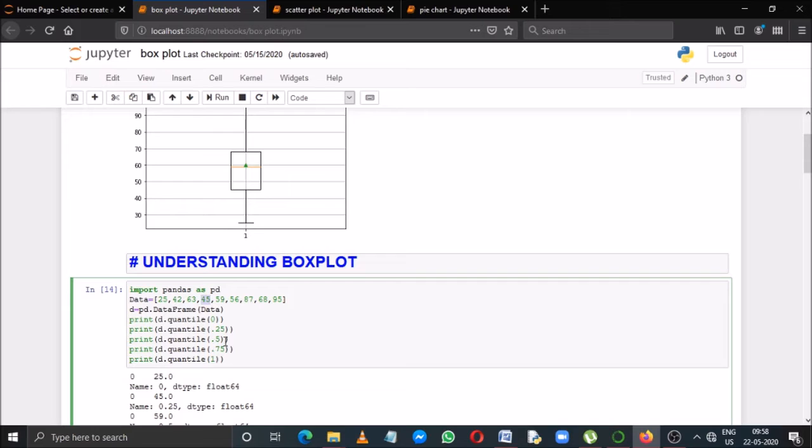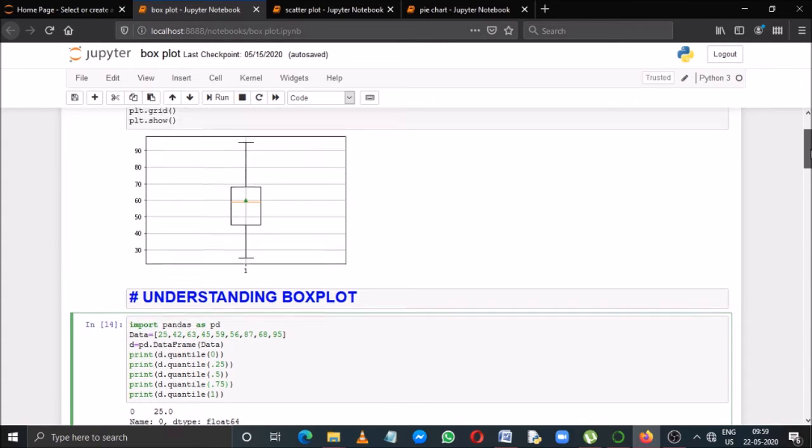Then 0.5 means the median value or the midpoint, that is 59.0 in this case. See, just before 60, that means this orange line is the midpoint or the median value. Next one is 0.75, that means the third quartile.